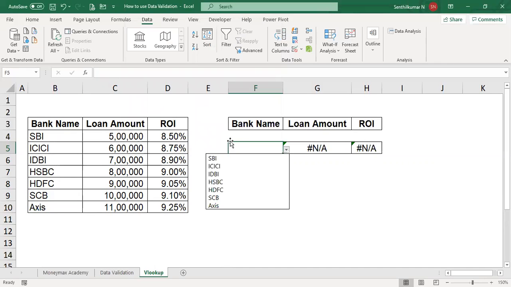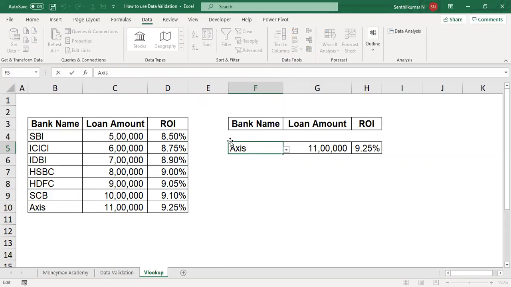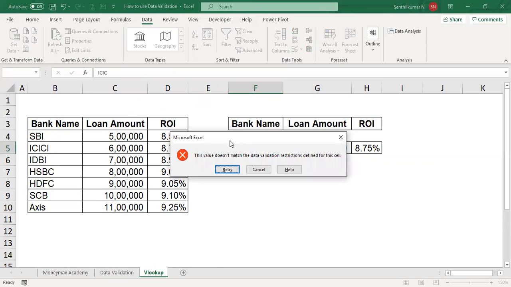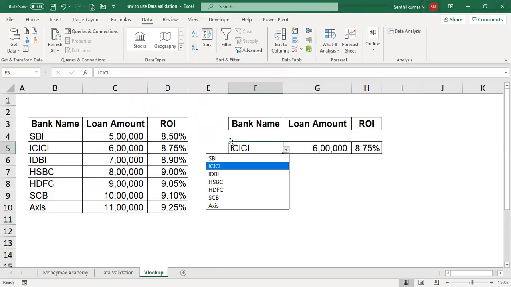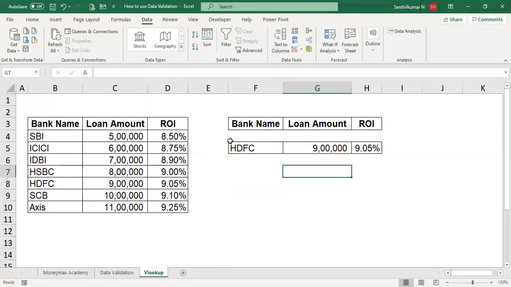Now you can use the data validation like this. I know Axis Bank. Suppose I am typing ICICI Bank, I know ICICI Bank is the answer. If I type ICICI alone, I will get an error. That is why I am going to use data validation. This is the use of data validation.